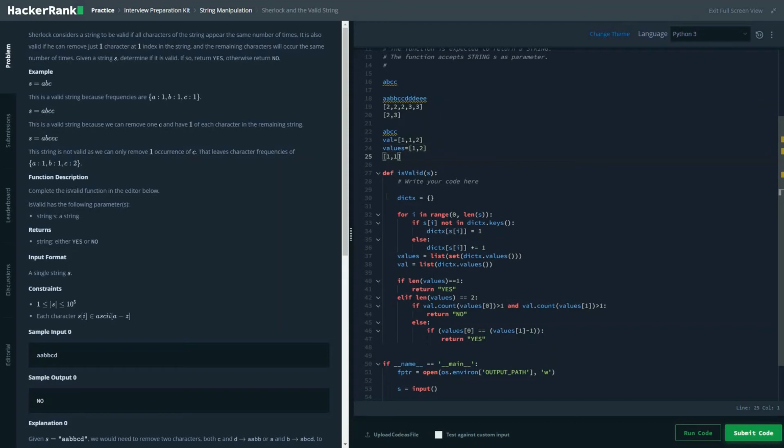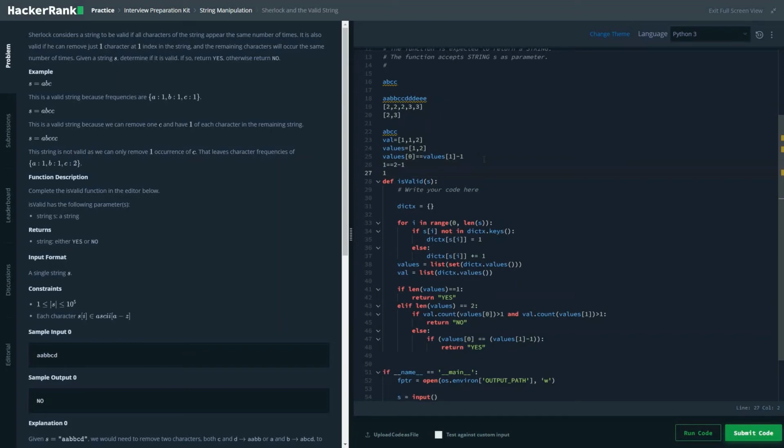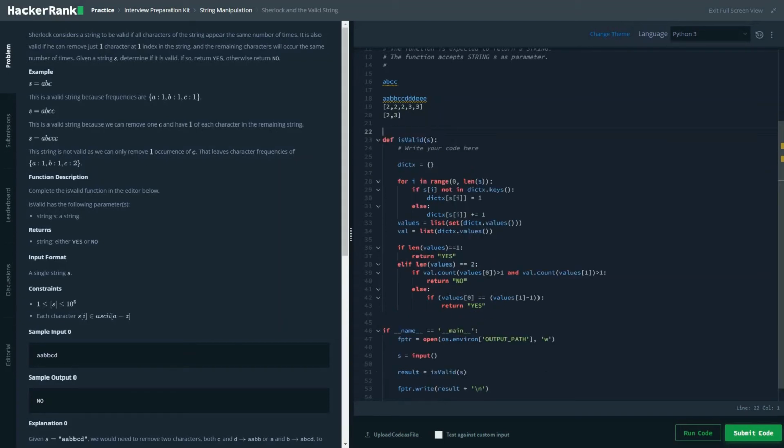And now we would be checking whether values of 0 is equal to values of 1 minus 1. Is that equal? So in that case, is 1 equal to 2 minus 1? Then the value would be 1 equal to 1 and it would be correct. So that's the idea, and in that case it would be returning yes.